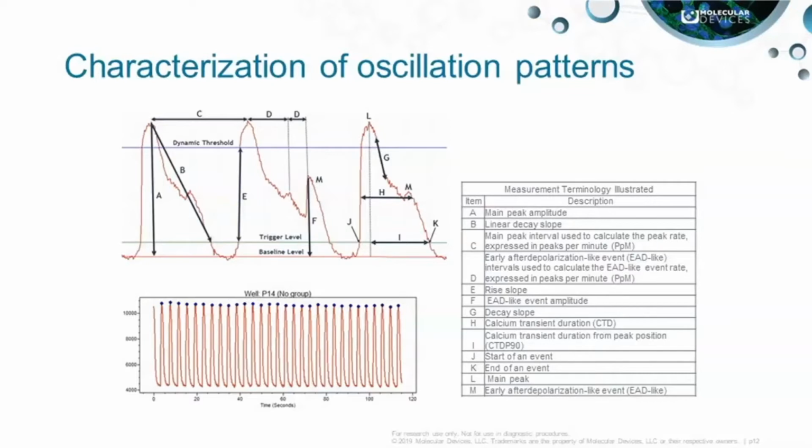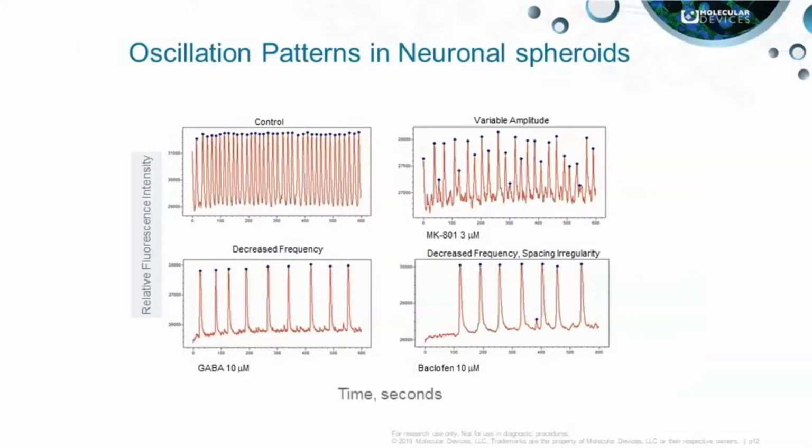The other thing you can capture is an early afterdepolarization event, which is a widening of the peak, and then it gives another little characteristic peak at the end before the signal drops. You can capture those. And then to take a look at oscillation patterns in neuronal spheroids, you can see the